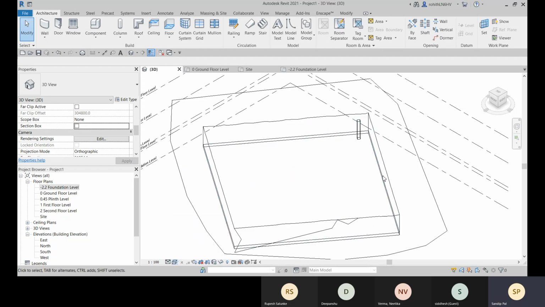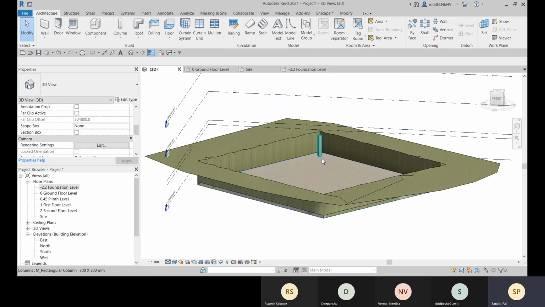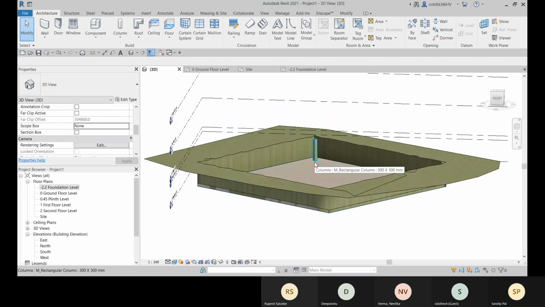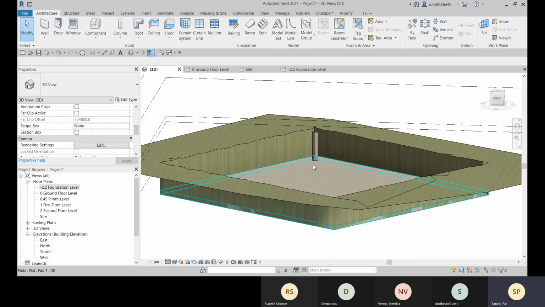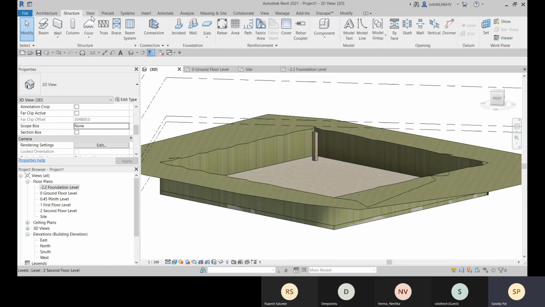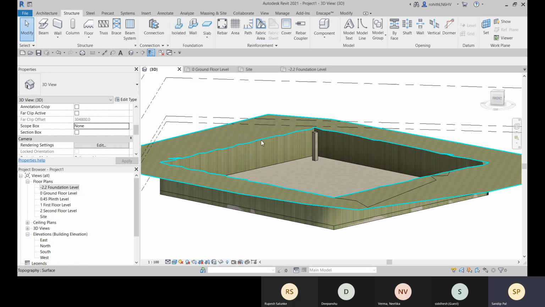Let me change the visual style to realistic, and that is placed here like that. Okay, so we can create some other elements. We can place some other elements like footings. So in this structure, we have this footings. Okay, so isolated footings. So these things we will learn in the structural classes.